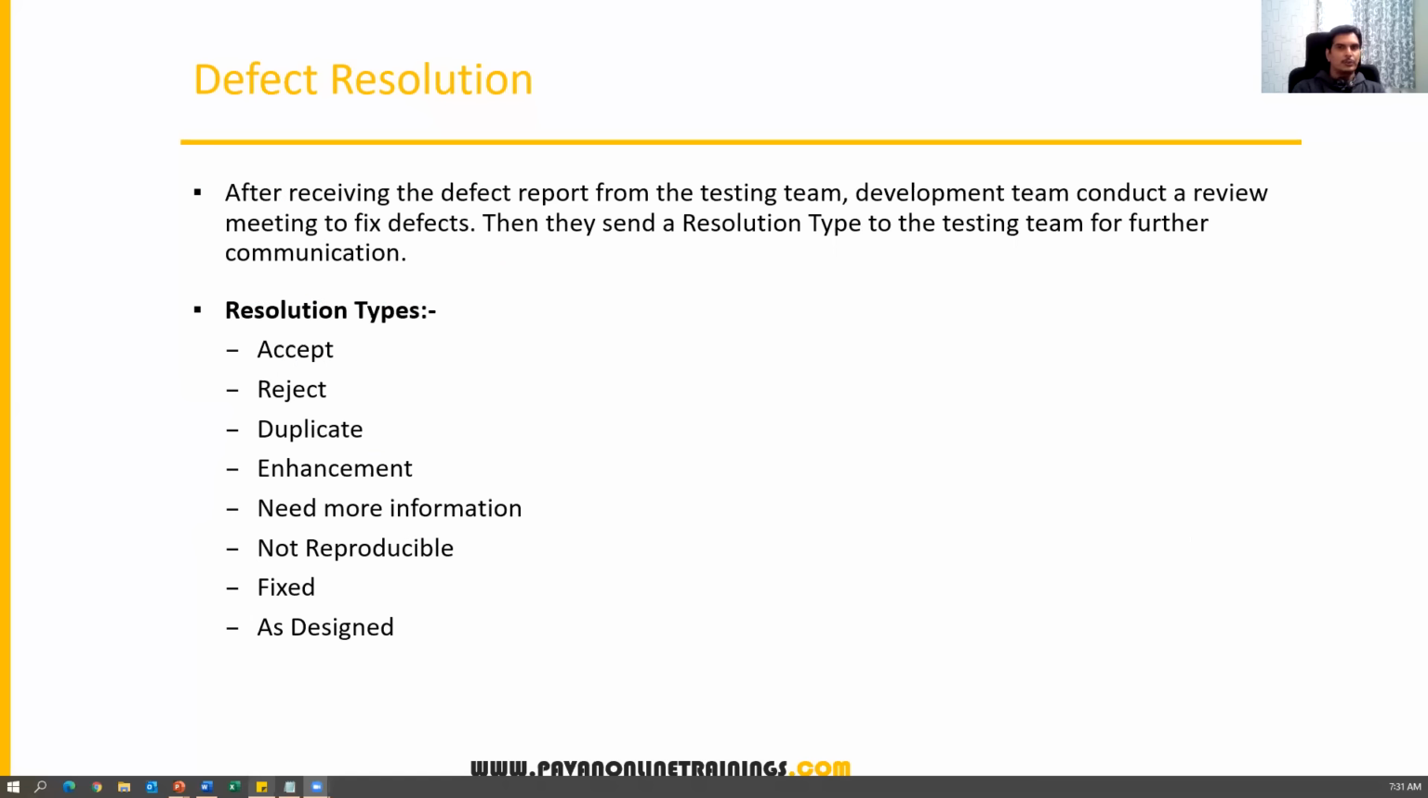Whenever you report a defect, the developer will update one column called defect resolution, guys. This is an actual column which is updated by the developer. And in an interview, people may ask you one question: what is defect resolution? Which is very, very important. So whenever you report a defect to the